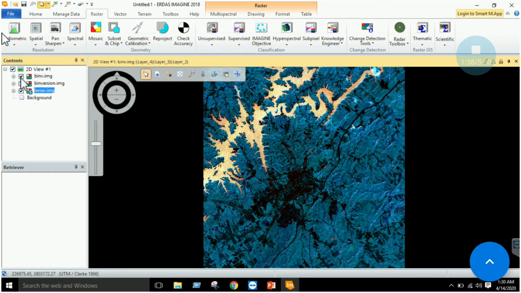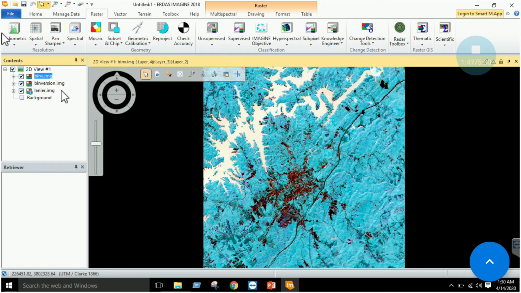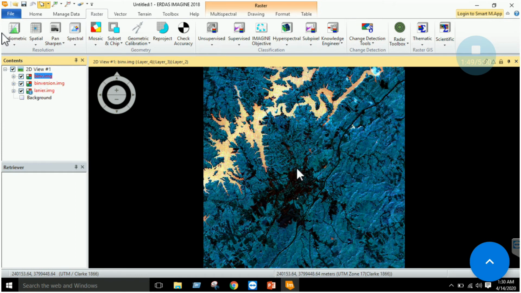You can see a clear difference between the original image and here some features are very clearly highlighted in the inversion section, and similarly in the inverse function some features are highlighted. This is a method to play with the digital number values and to alter these values.